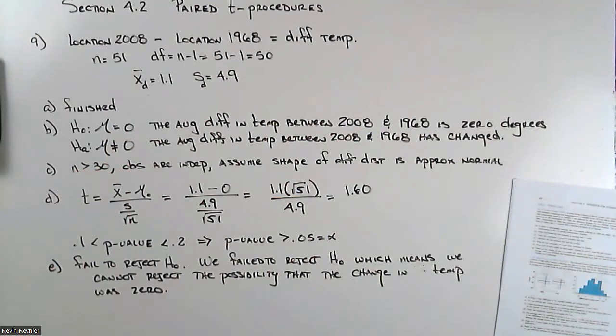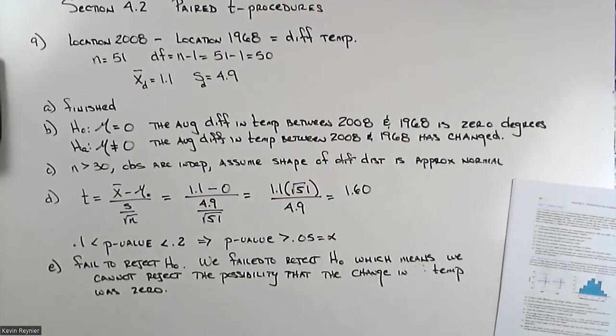Part F says, what type of error might we have made? Explaining the context of what the error means. Well, we could have made a type 1 error, right? Type 1 error, remember, if we go back and take a look,